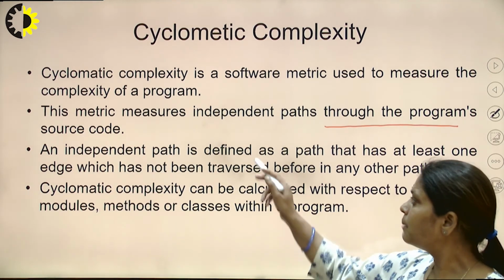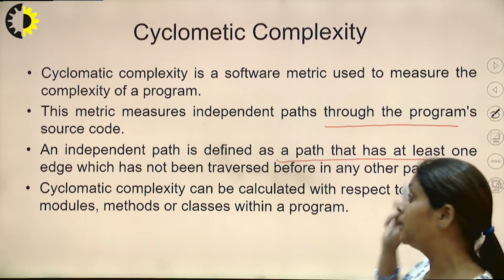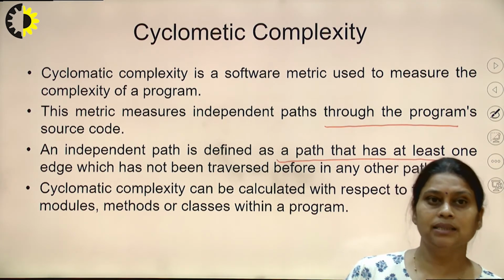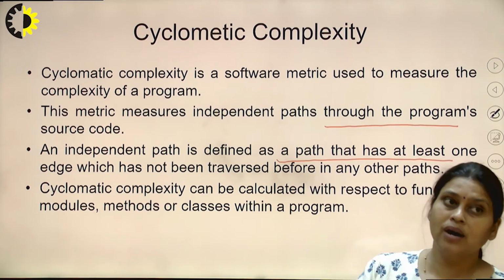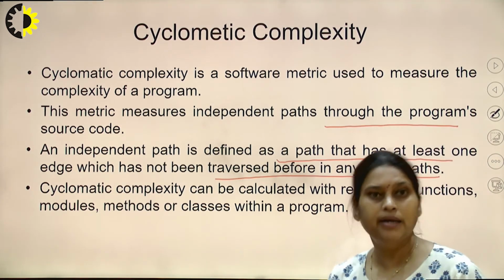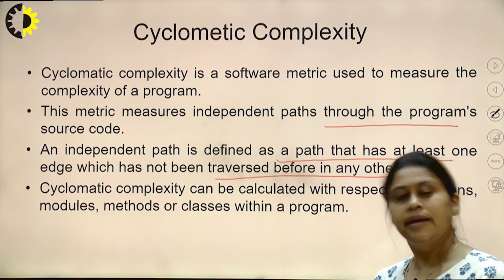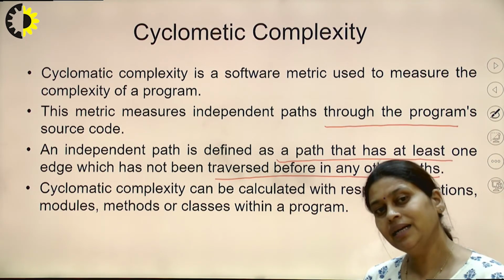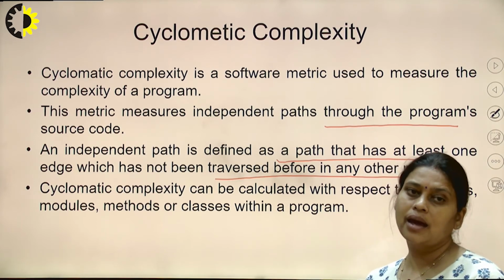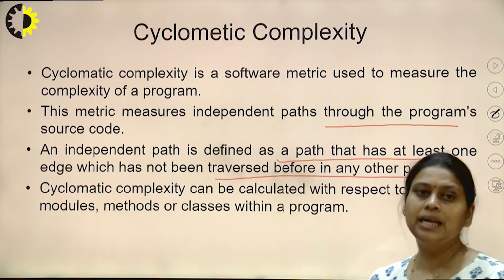What is an independent path? An independent path is defined as a path that has at least one edge which has not been traversed before in any of the paths. It means that each and every edge is to be traversed at least once.